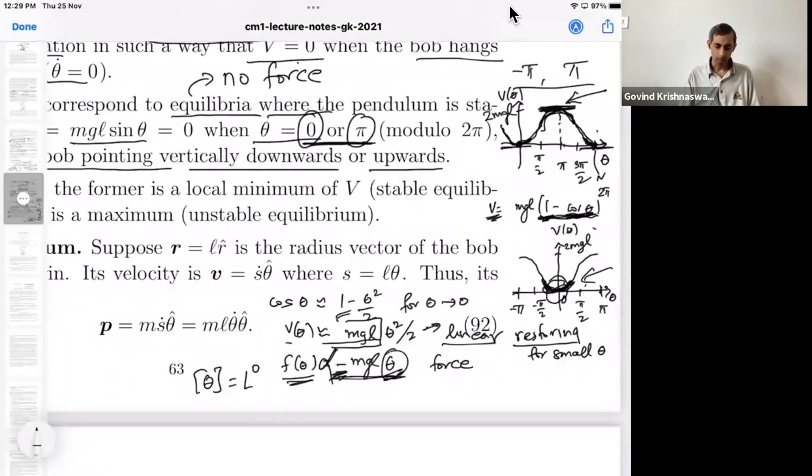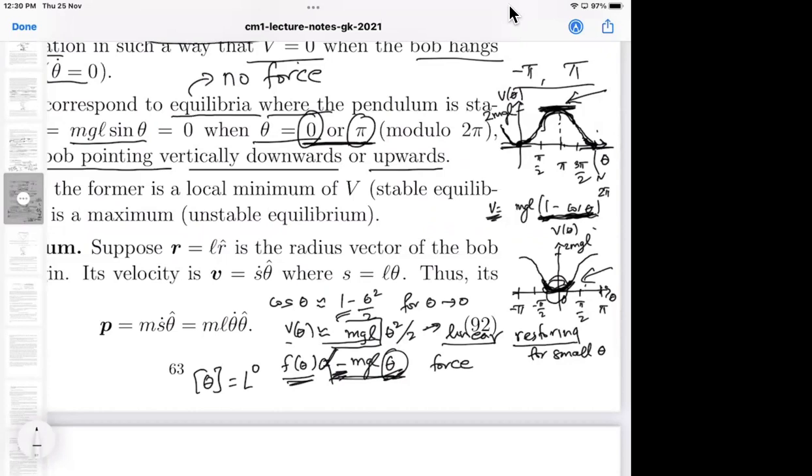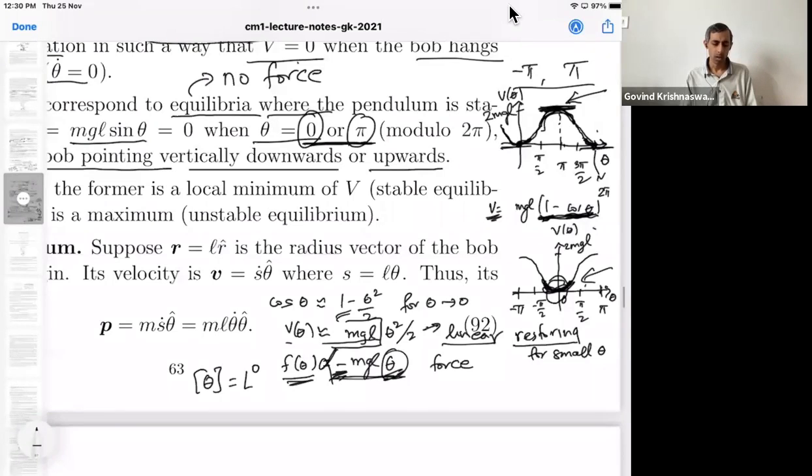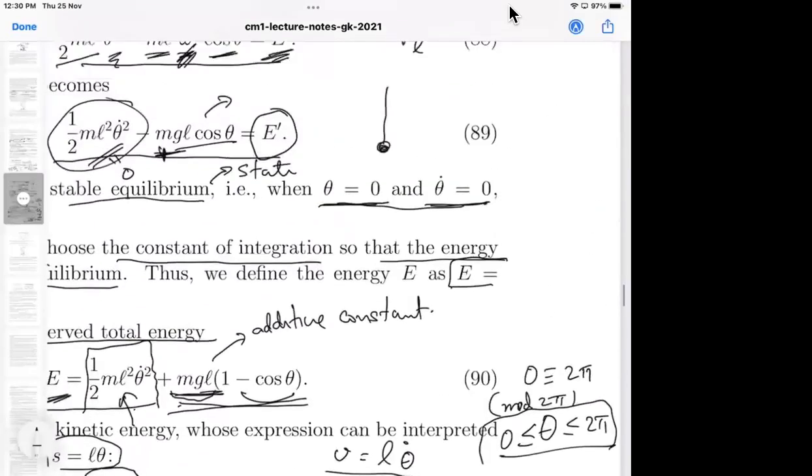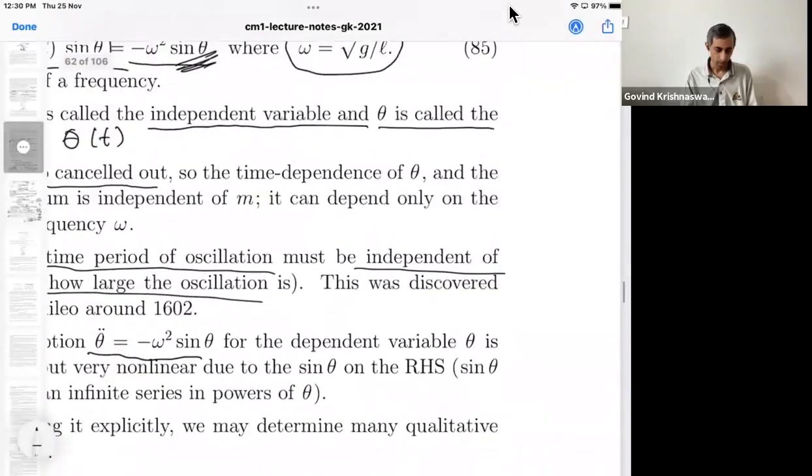So, if you like, just as a temporary fix, I could have differentiated not with respect to theta, I could have differentiated with respect to L theta, and then fixed it up that way. So that would be one way to handle this. But your point is well taken. Okay, do you understand why I went wrong? At least that much? Yes, sir. Okay.